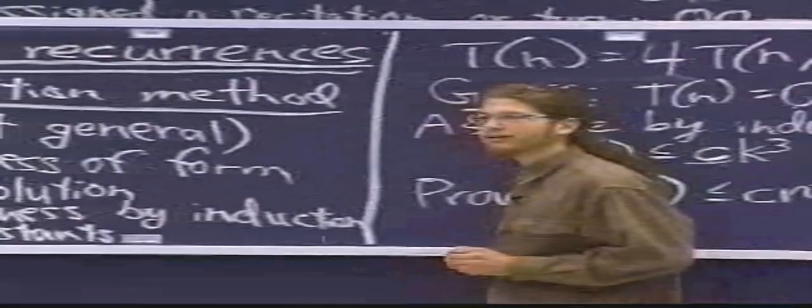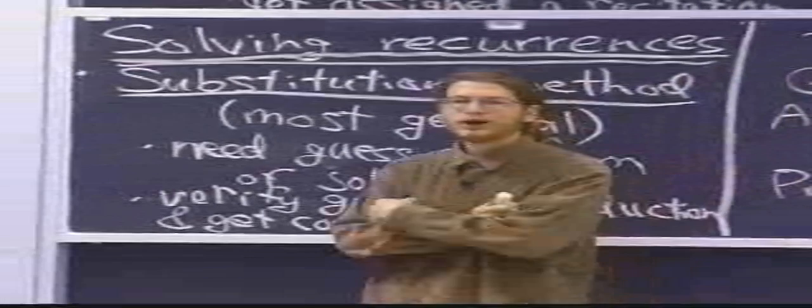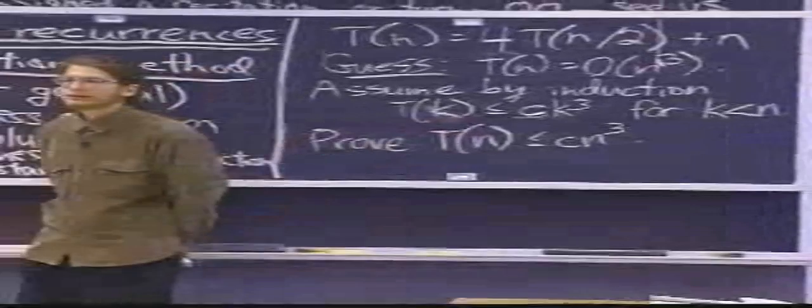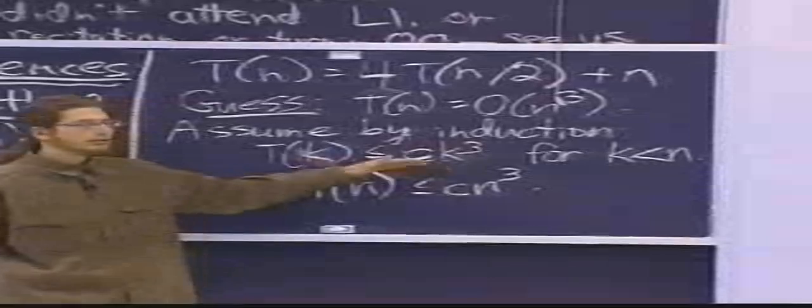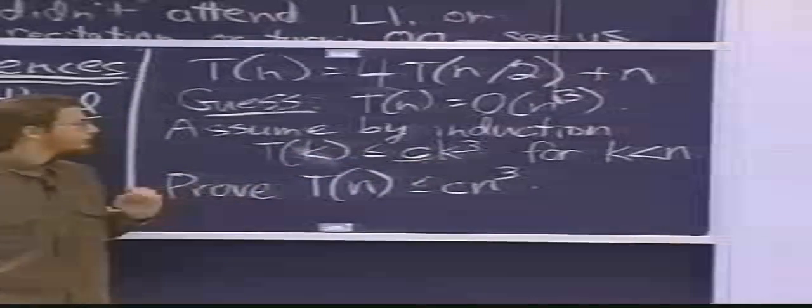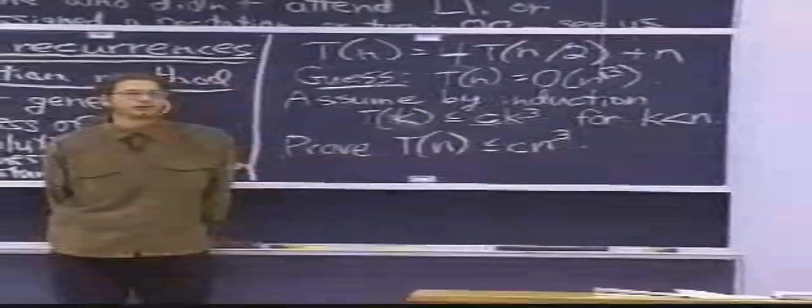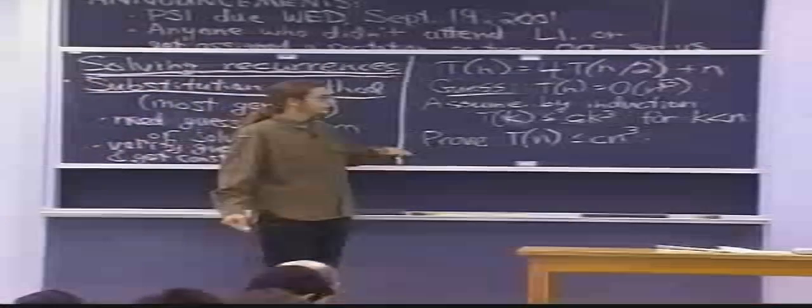The reason for that, maybe I should ask you, why do we do that? Why do we bother throwing away our wonderful big O notation and going directly to constants? Yeah? It can result in a stronger induction hypothesis, thereby making things easier. Right. We get a stronger induction hypothesis. Good. If we said big O of k cubed here, we wouldn't know what the constant is. And so it might be different for different, well, if we can write down c, we can use c, and that will be useful. In general, there's a stronger thing going on, which is that you really cannot use big